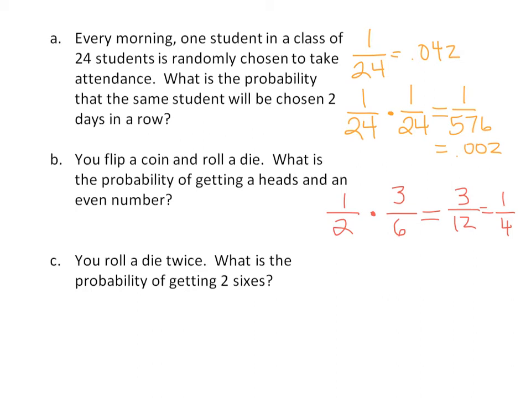You roll a die twice. What's the probability of getting two 6s? Okay, so